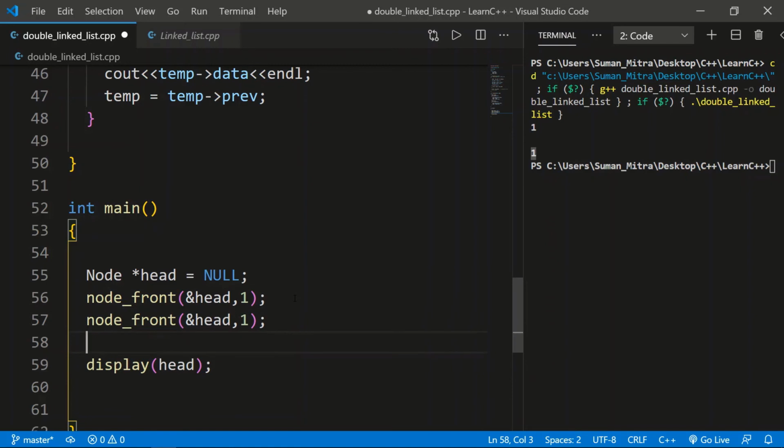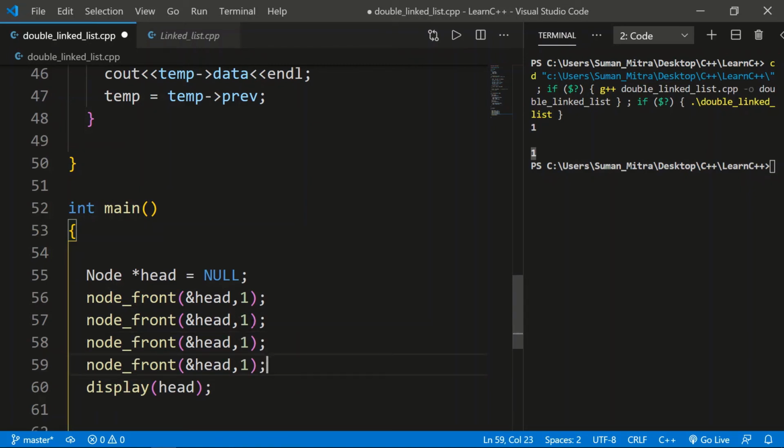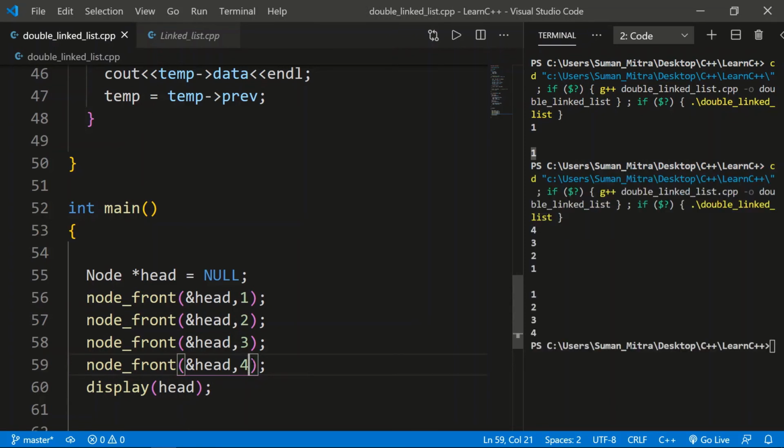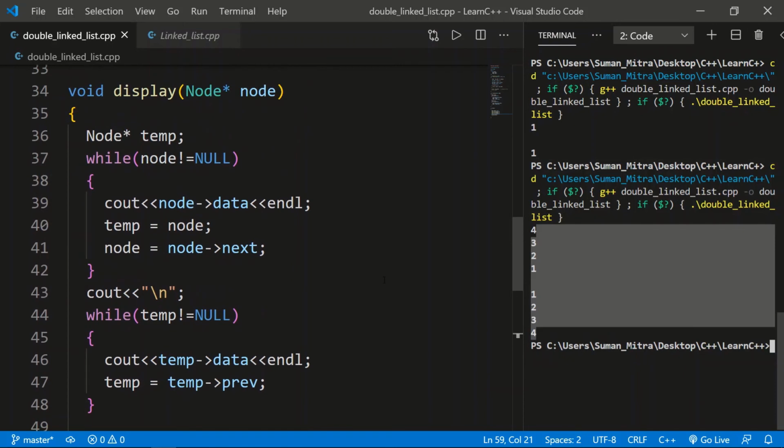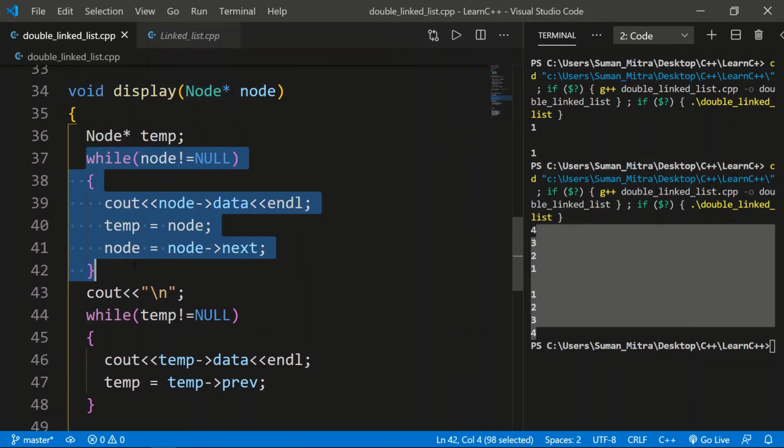Now we need to add some more values so that you can understand. If you don't add any value, you can see that two ones are getting printed, but if you add some more values, you'll understand these ones are in different order. Okay, I'll just copy paste this 2-3 times. Okay, 4 times is better, so we'll just write 2 here, 3 and 4, and if you just run it,